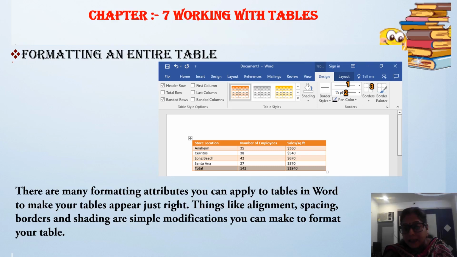Things like alignment, spacing, border, shading are simple modifications you can make to format your table. Means this is basically the design of a table, or different table styles. When you create a simple table, you can convert it into this different table style design. Okay, so this is called formatting an entire table.